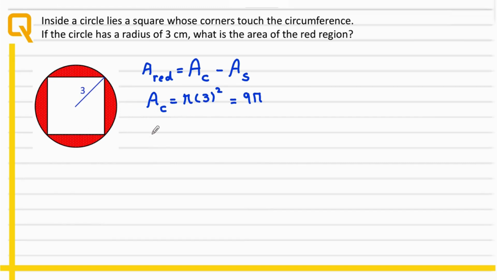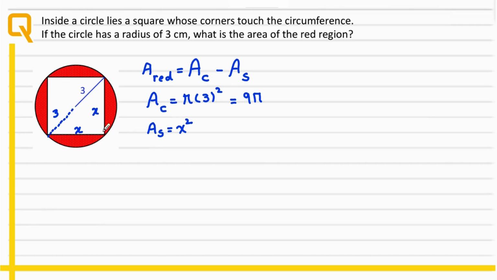circle area. To find the area for this square, let's show each side of this square by x. All sides, as we know, are the same. So A for square is x to the power of 2. To find x, let's extend this radius to the opposite side of the square. This is also 3 centimeters, and the diagonal of the circle and also the diagonal of the square is 6